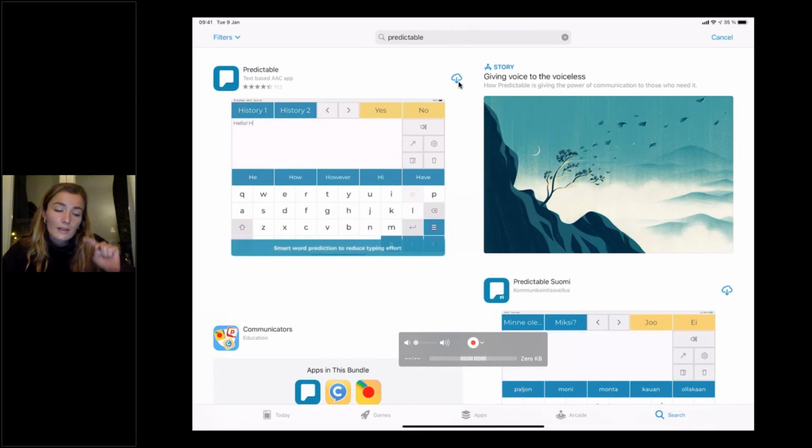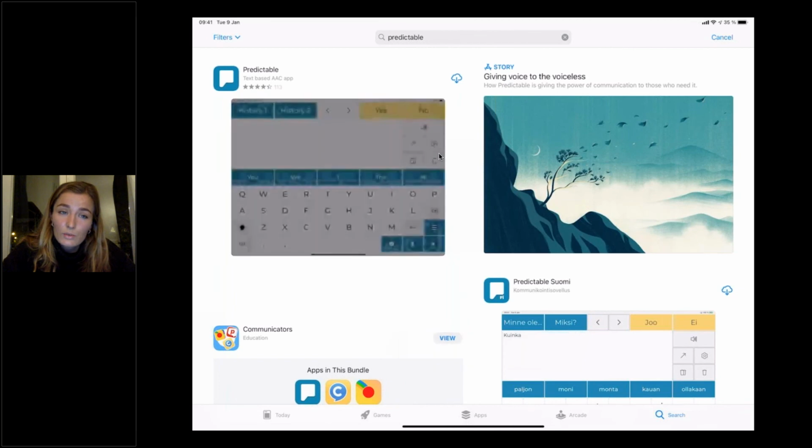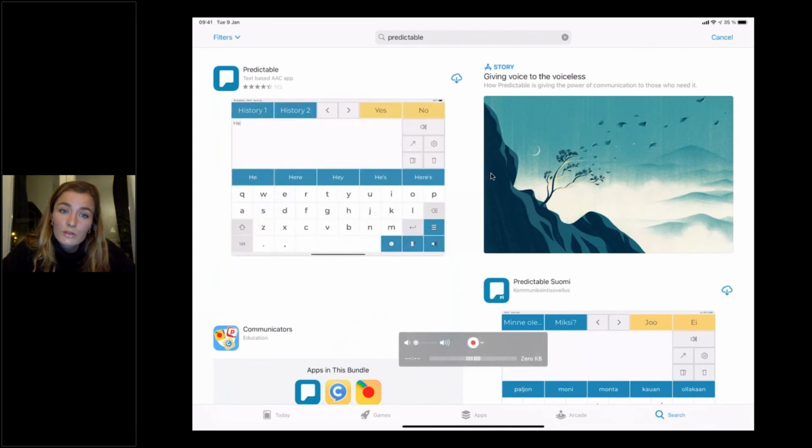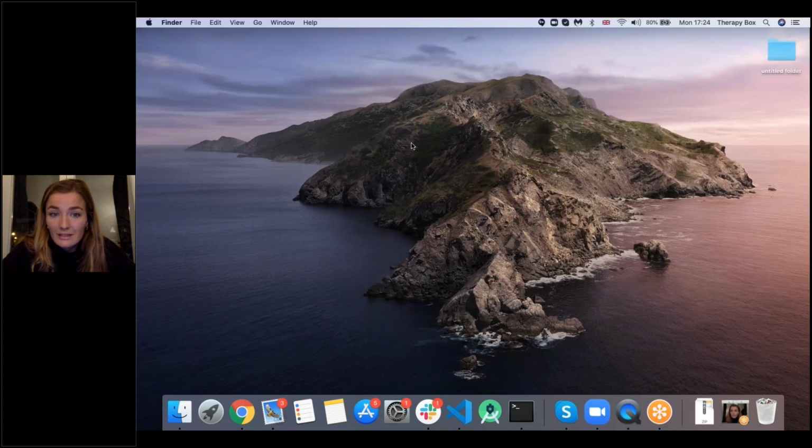If you download the update and then re-download your Model Talker voice, it should fix your issue. Let me know if it's not the case. Just send me an email. You have my email, I think, or if not, just send an email to support@therapy-box.co.uk. Again, this should be fixed, but please let me know if it's not the case, and I will let you know how to download it.